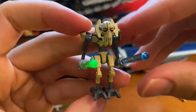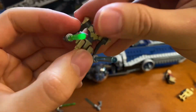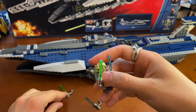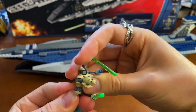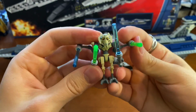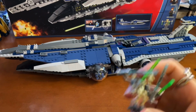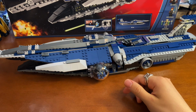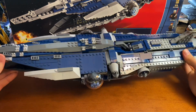Nice printing overall, except his eyes. His eyes are a bit, you see the printing goes down a bit for some reason, but anyway. The quality of Grievous is better than in some of the other sets. At least his arms don't pop off. Well, they do a bit, but doesn't matter. He's still great, and he's worth quite a lot now. I think about $25 on eBay, whatever. So these are all the figures. Took enough of time. Alright guys, now it's time to take a closer look at the Malevolence itself, because this